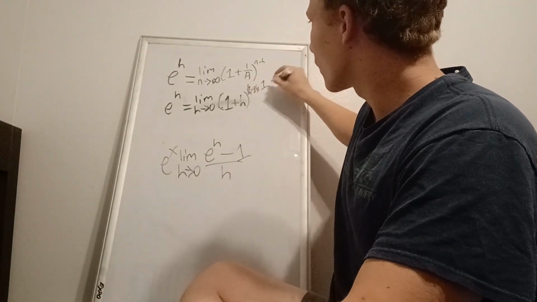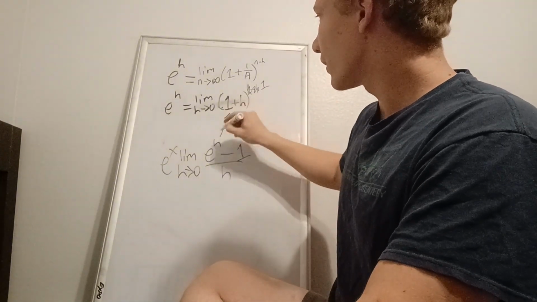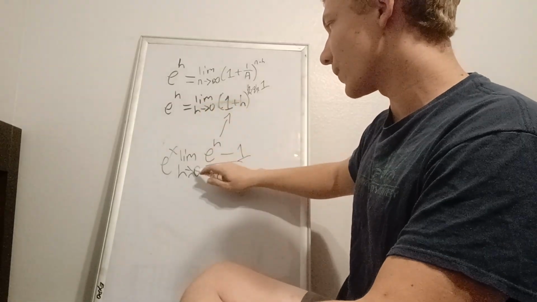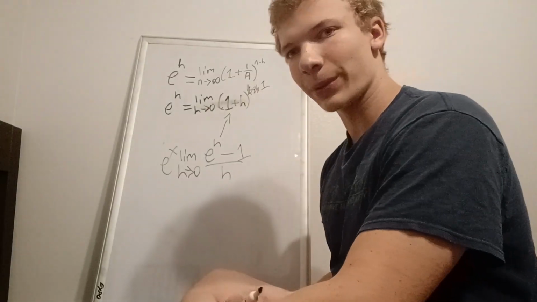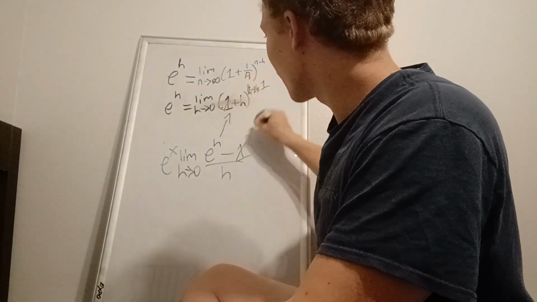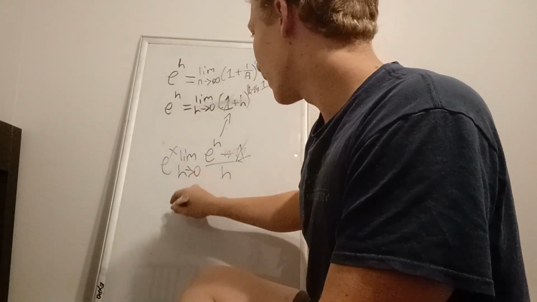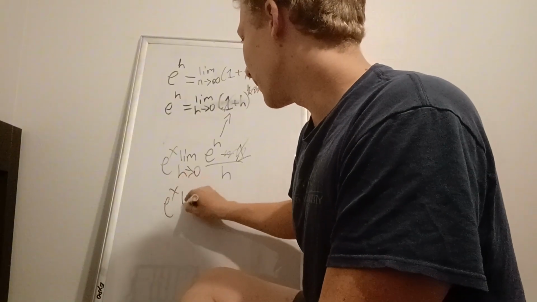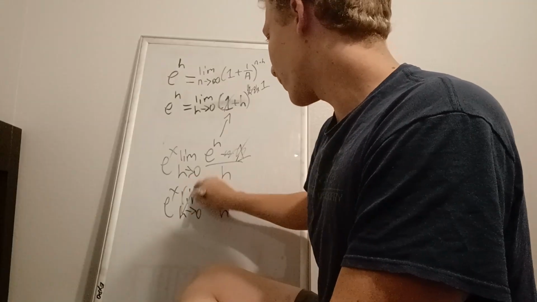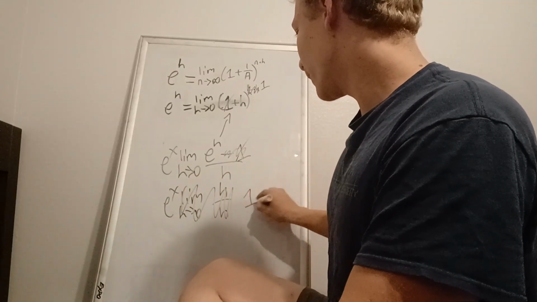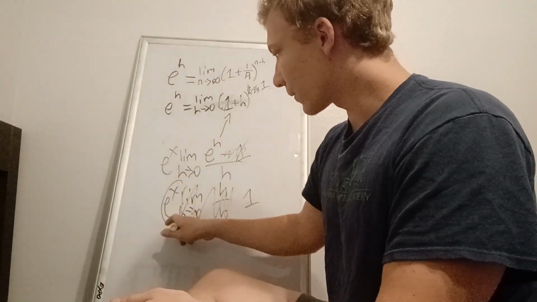And so this just becomes 1, and we get this e to the h as the limit as h approaches 0, so it's still the same limit, so that's all good, of 1 plus h to the 1, which is just 1 plus h. So this one and this one will cancel, right? Minus 1, 1, and we're left with just h. So it's e to the x limit as h approaches 0 of h over h, but of course, all of this is just 1, and so the derivative of e to the x is equal to just e to the